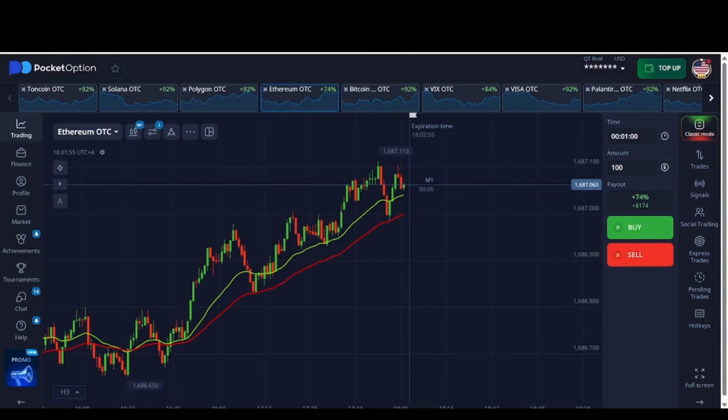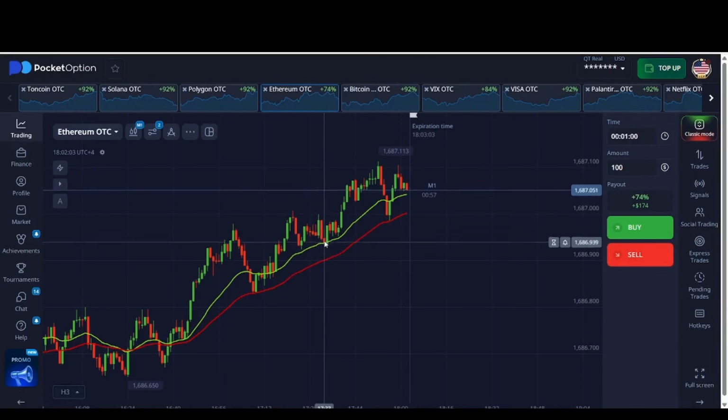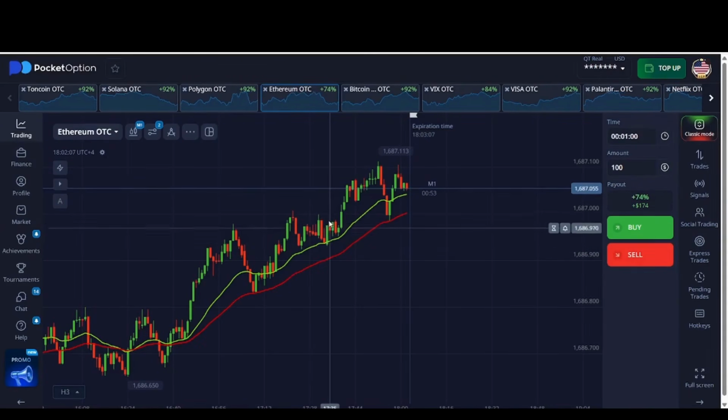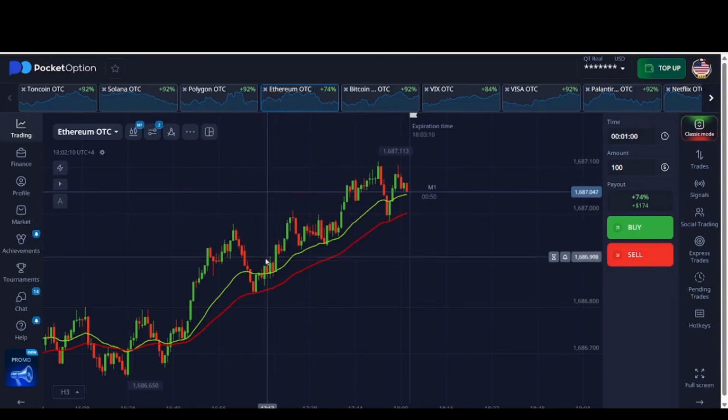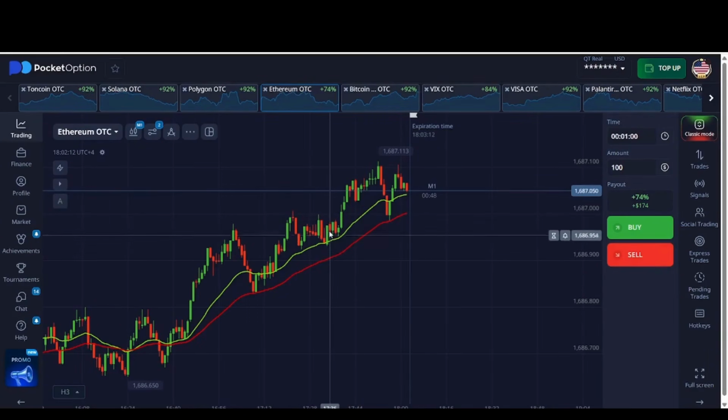Let's move on to the video without wasting any time. So basically, when the candle hits the moving average, you can proceed in the opposite direction of the trend. Here you can see that the candle was closing above the moving average. You can proceed in the direction of the trend. Okay, you can see there is an uptrend, and you can place a trade for an upside move, and it's